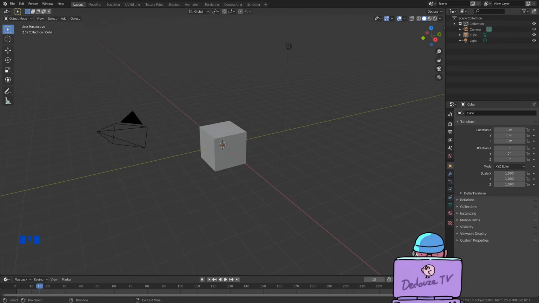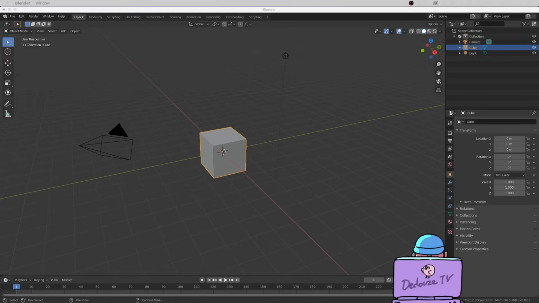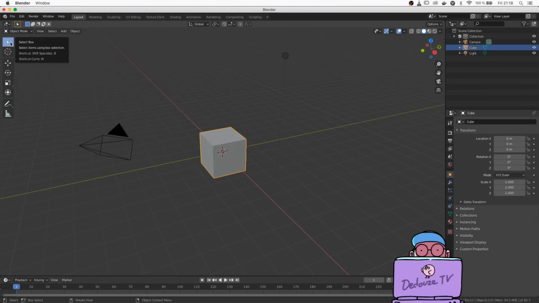The first tip that I'm going to give you is the most important one: Blender is really well documented. So when you hover the mouse over any button or any menu, you can see the name of this button appearing in the tooltip, and you see a short description of what it does, and you can just type that description on the internet to learn more about it.